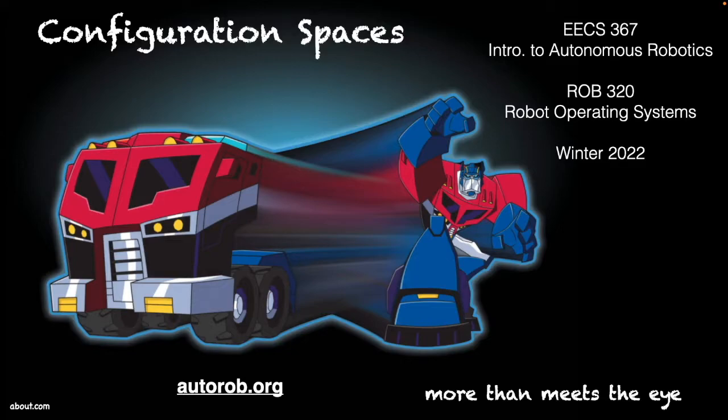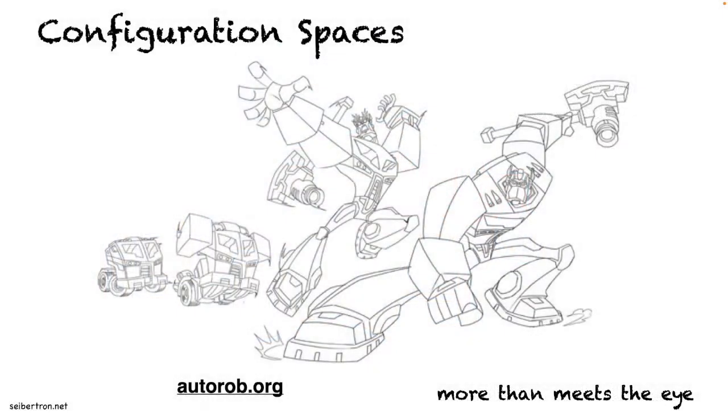All right. So to get started, the illustration on this slide is actually a nice conceptual diagram motivating this idea of configuration spaces. In particular, this is illustrating an example from the cartoon Transformers, where a humanoid robot could transform out of some other kinematic pose, for example, a truck. This kind of illustration is a nice conceptual diagram that motivates this idea of configuration spaces,